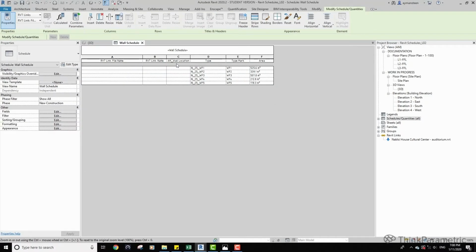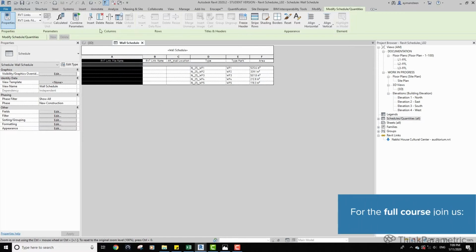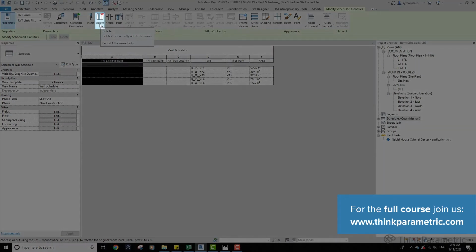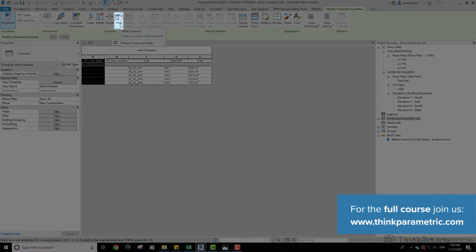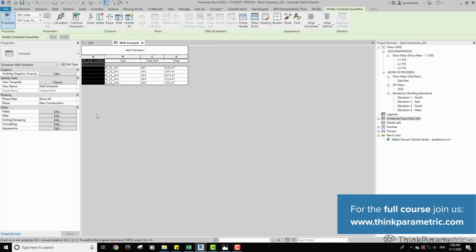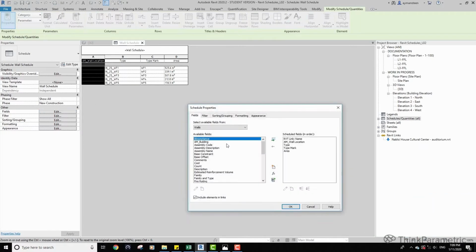Now, here's the thing, this will not be necessary in the project. This column is not necessary, and also this one and this one. So we can do one of two things. Either delete them, and we can delete them from selecting this tool right here, or we can hide them right here, or we can just remove them from the fields.